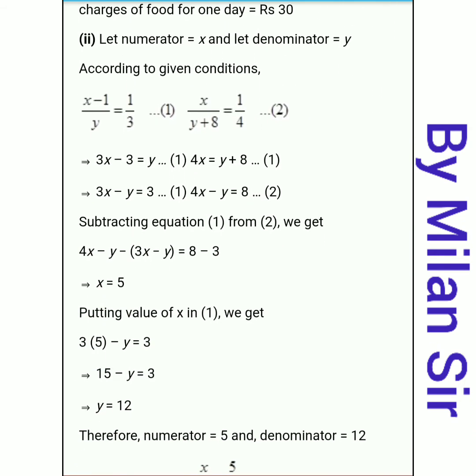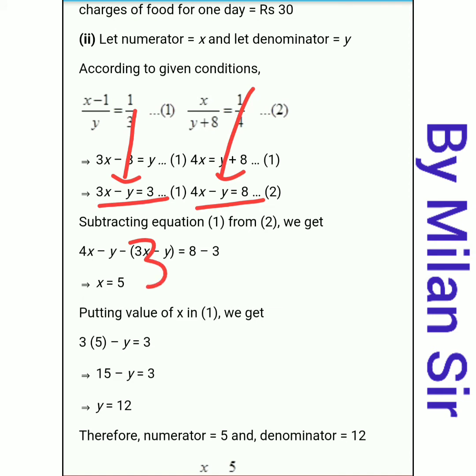Right? First equation is 3x minus y is equal to 3, and second equation is 4x minus y is equal to 8. Right, now we are going with the elimination method. In both these equations, minus y is the same sign, but we want different signs. So we need to change the sign, so we need to select the subtraction process, because subtraction changes the sign.